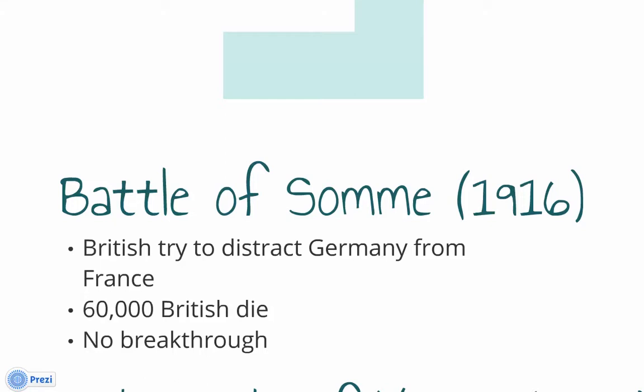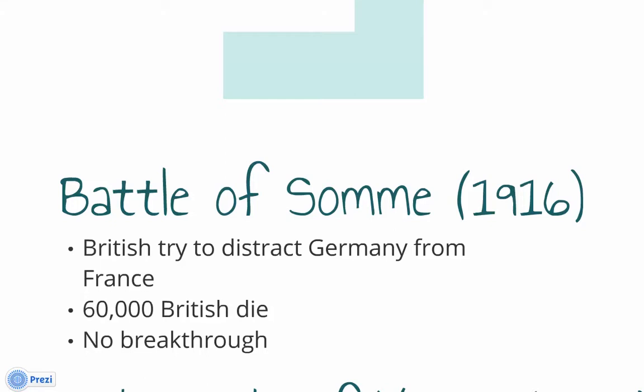What you're going to notice about World War I is that because of trench warfare, there's going to be such a deadlock, and no one is making a gain towards a victory in this war for a very long time. And so in this battle, the British try to distract Germany, trying to get Germany off of France, because remember, Germany's fighting a two-front war for a long time, but they're really going to try to lay into France on their western border, okay?